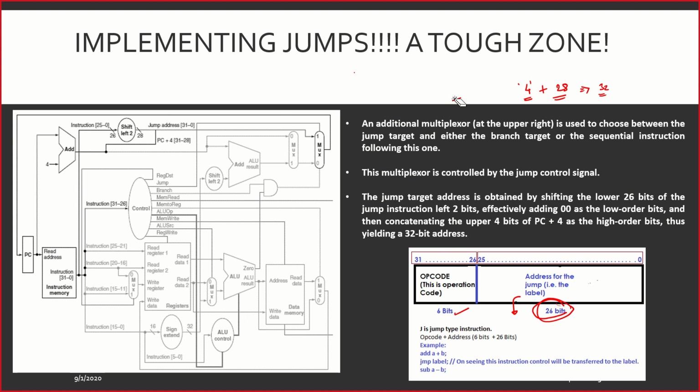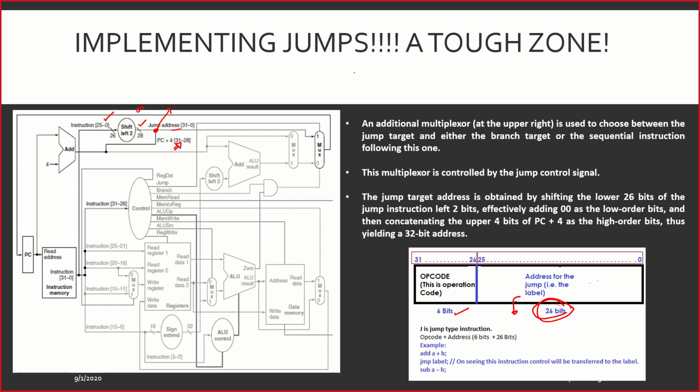Now we are actually generating the address 0 to 31. I mean the 32-bit address is what is generated, and you could see that clearly here. It is first 0 to 25. On having a couple of zeros added over there, it becomes 0 to 27. And what I have is 28 to 31 available here. On combining these two, I get a new address where I have to jump.